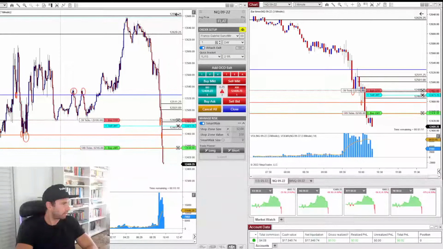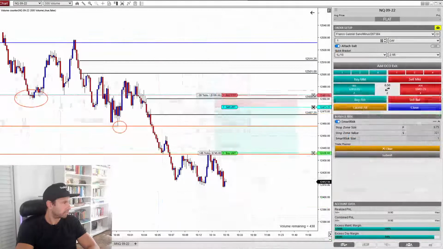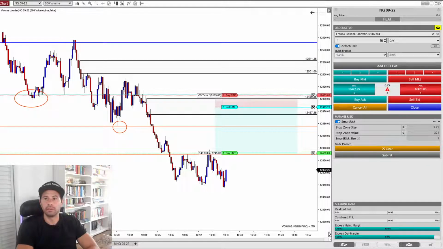Hello, hello. Oh yeah, my 500 share bar does not have the mic though. Oh, there we go. Can you hear me now? Yeah, the 500 share bar. I was talking to myself, but I was talking for like 10 minutes. This is my 500 volume bar chart. Oh, there we go. Thank you, Tom. Thanks for the feedback. I'm just getting used to this thing.